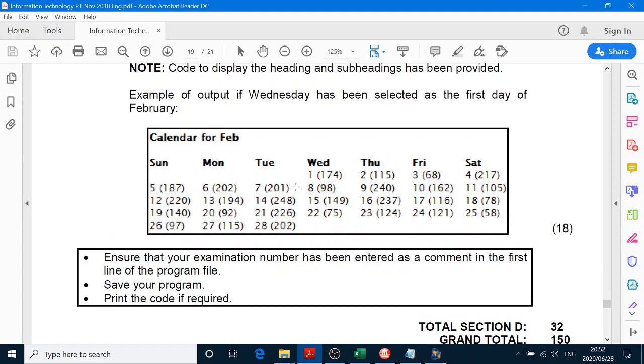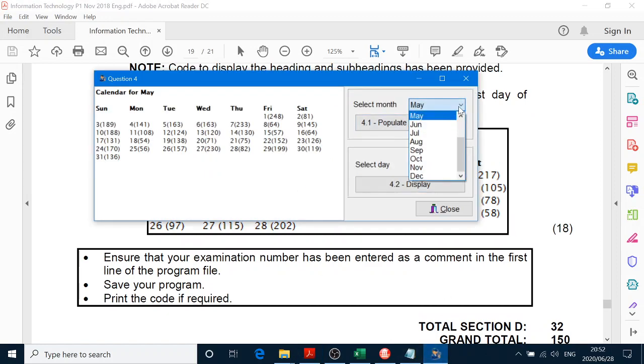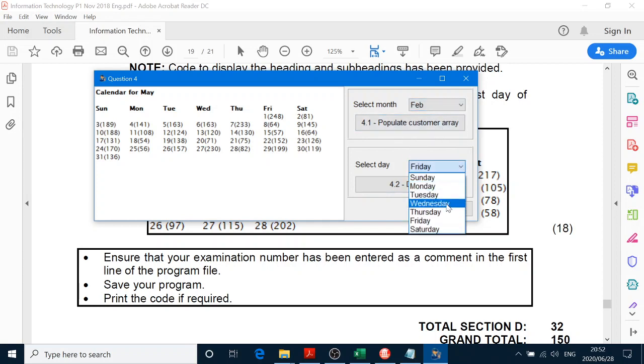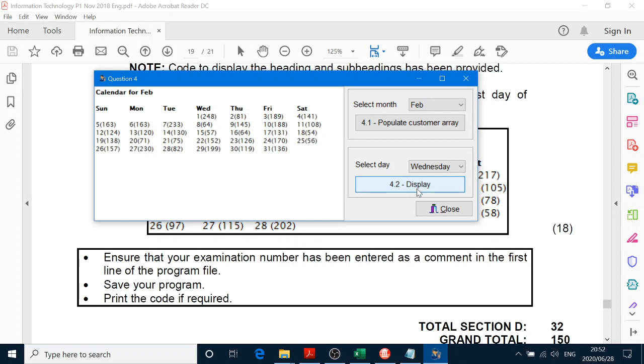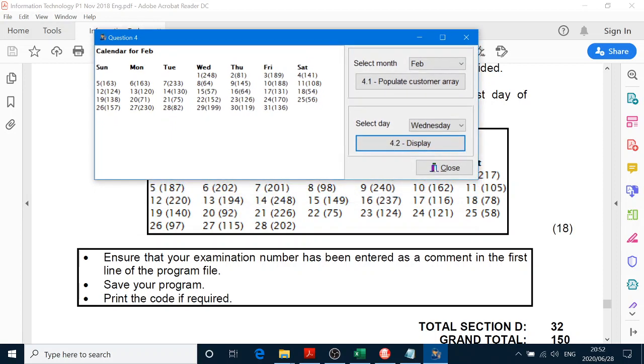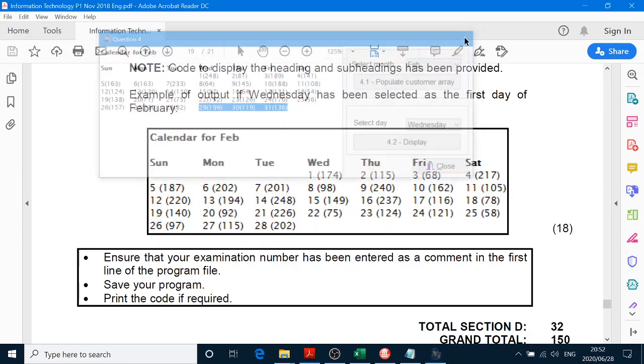Now let's try another one. February, starting on Wednesday. So I'm going to choose February and start on Wednesday. Click the button. Now that's a problem because as you can see, we never actually removed the contents of the array previously. All the other numbers are correct, but our days was now set to something else. So what you have to do in that instance